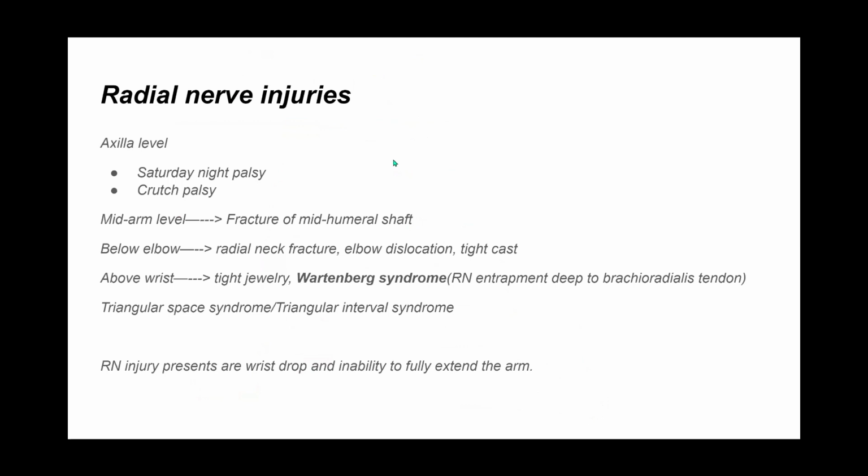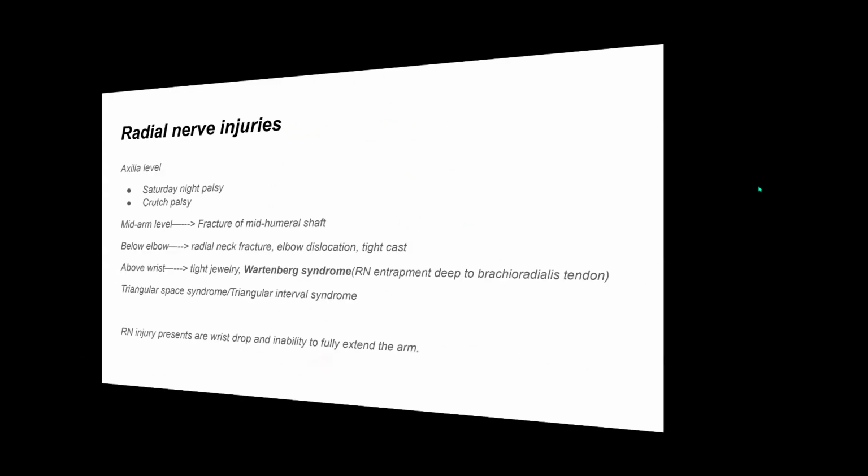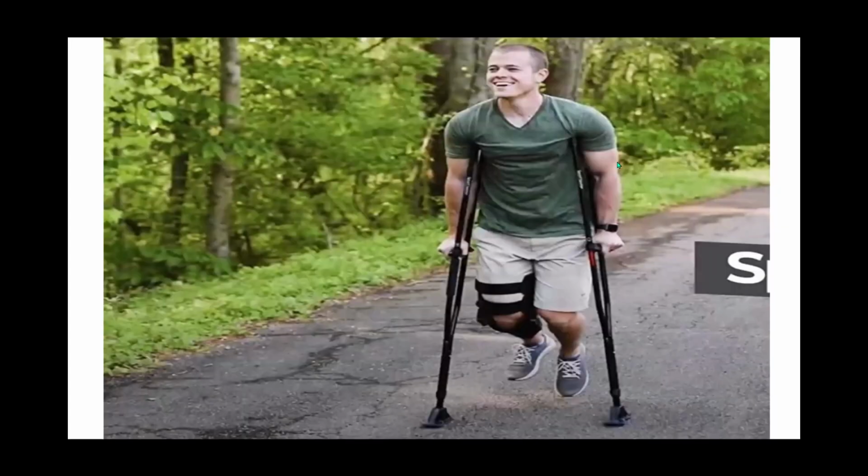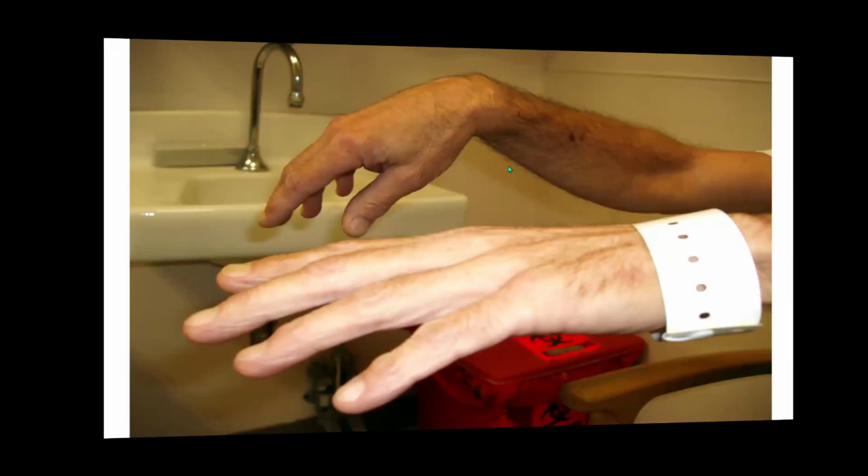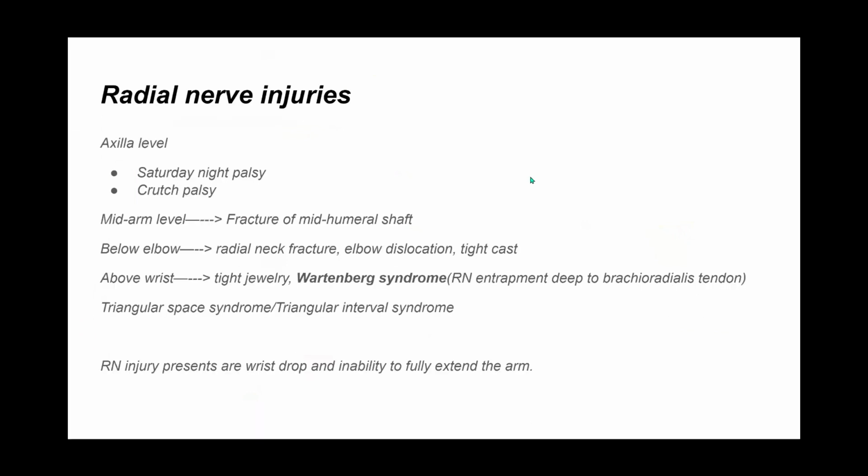So, clinical correlation or clinical relevance of the radial nerve. In terms of radial nerve injuries, commonly when people use crutches, like the conventional crutches, let me show you. The conventional crutches that are anchored in the axilla like this can easily cause compression of the radial nerve. So crutch palsy, Saturday night palsy, so named because